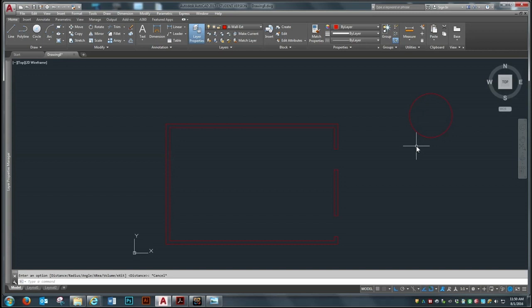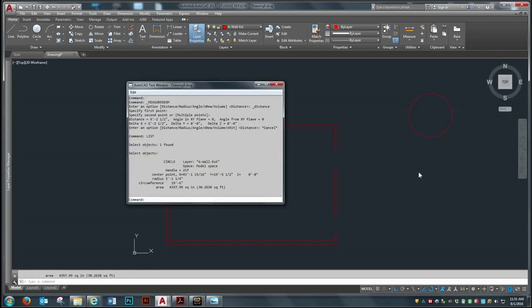I can also do list, and it will give me the radius. It will give me the circumference of the circle, so that's a 19 foot 6 inch circumference. It will give me the area. So if you are bad at math like I am, you don't have to remember the formula for the circumference of a circle or the